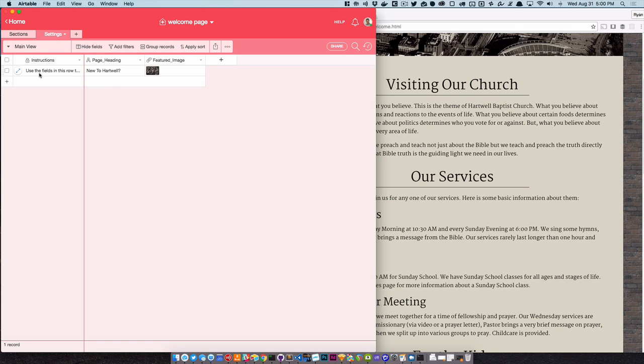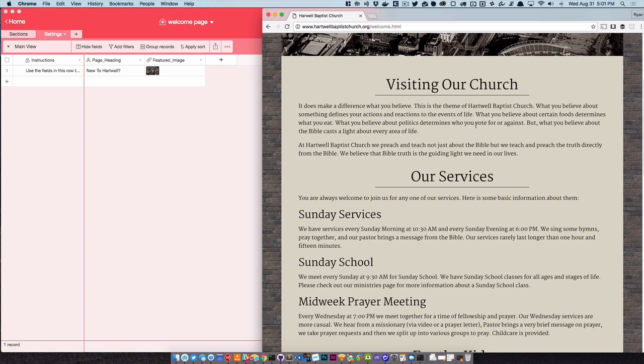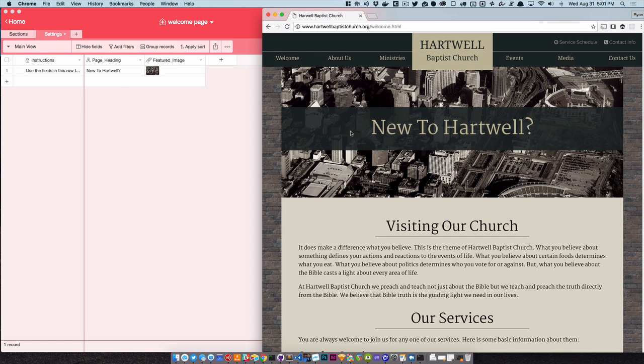Now the second tab here is the settings tab, and this one's a one row base here, and there's just three things, actually just two things to add. This is just instructions, but you've got page heading and featured image. The page heading is going to be this big heading across the page. So this one says new to Hartwell. That's this. The featured image is this picture right here, and again that's going to be a 16:9 image,